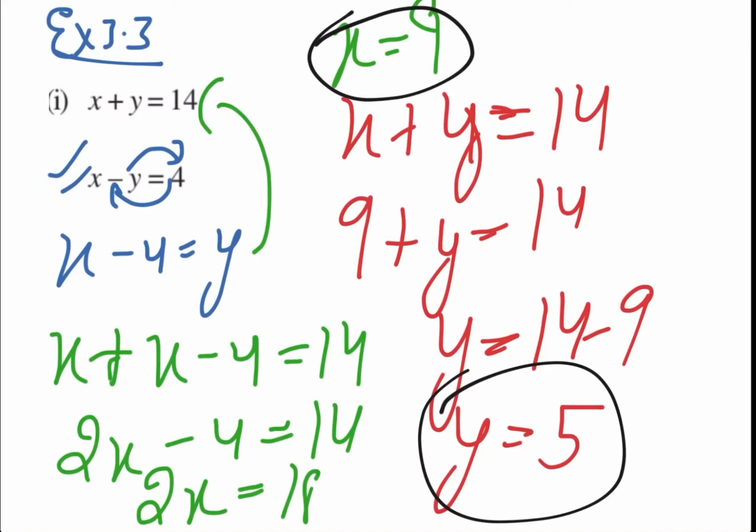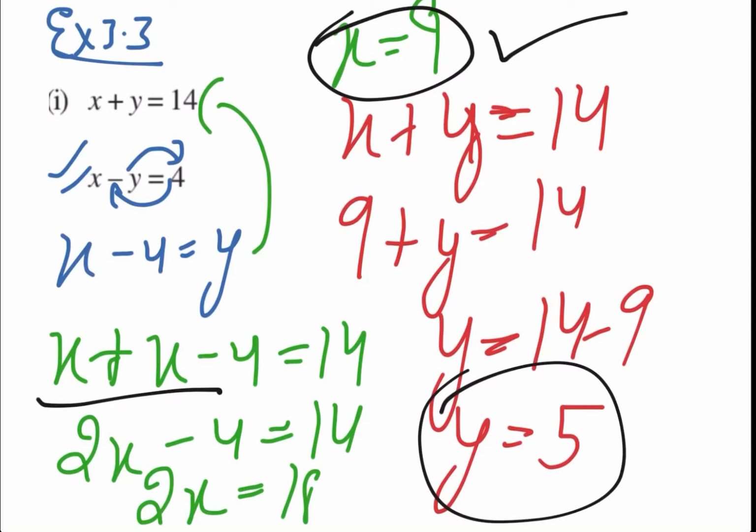Okay, so a quick recap of the steps. First, you have to write y in terms of x or x in terms of y for one equation. Substitute this value of x or y in the other equation so that you get an equation in one variable, just like this. Then solve it for that variable, and you will get one value. If you do it for x, you will get x. If you do it for y, you will get y. Once you have got this value, you substitute it once again in the other equation. Okay, double substitution, and then you get the value of the second variable and get the answer.